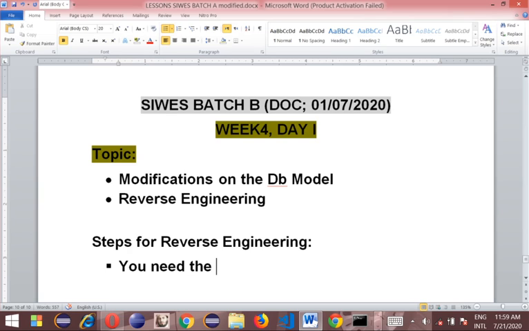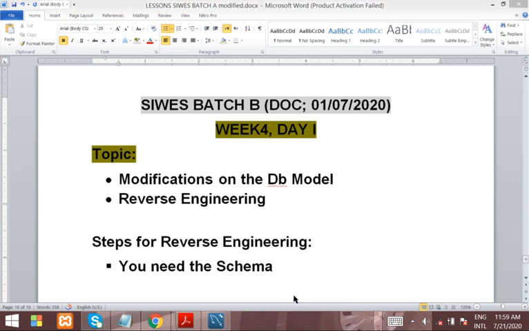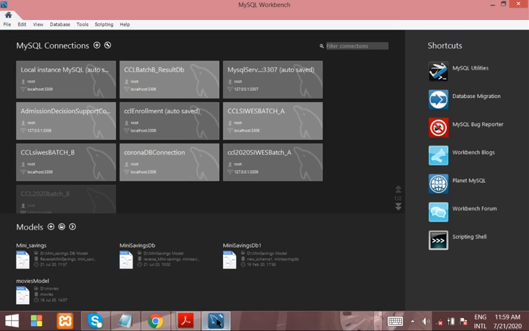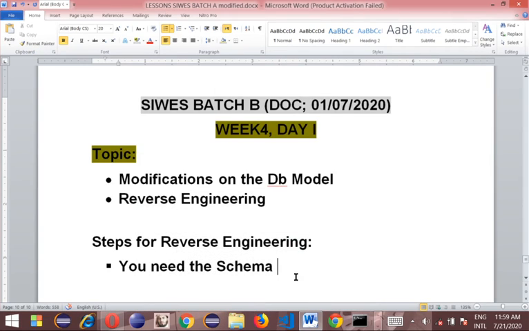You need the schema first, and the schema contains the tables, the database name, tables, constraints, and all that. So by the time you get the schema, then you start the reverse engineering from your framework, either MySQL Workbench or anything, JMeris or any other framework.